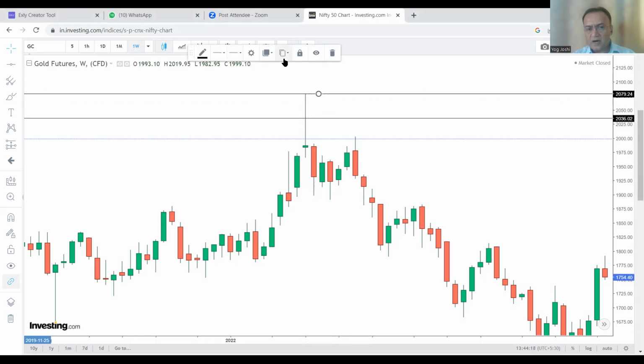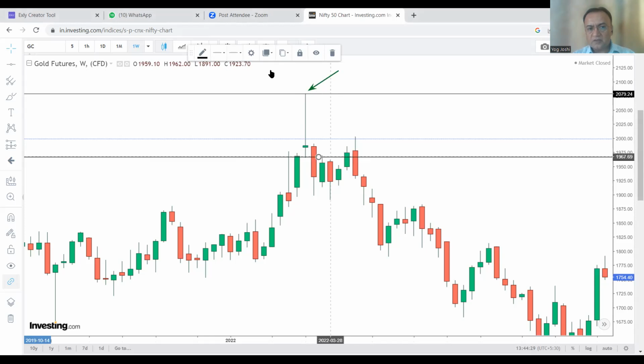Now, the most important thing: whenever we get any candlestick pattern, we mark the high as a borderline, and we mark the low as a borderline. So this is the no trade zone. This is a sideways type of area, where we remain until the candle breaks either the low or the high of the candlestick pattern. So here, what happened exactly? This red candle breaks the low of this doji candle.